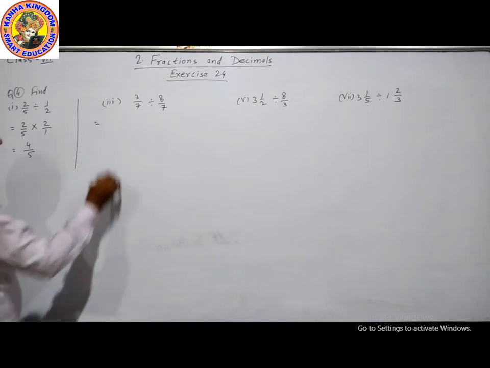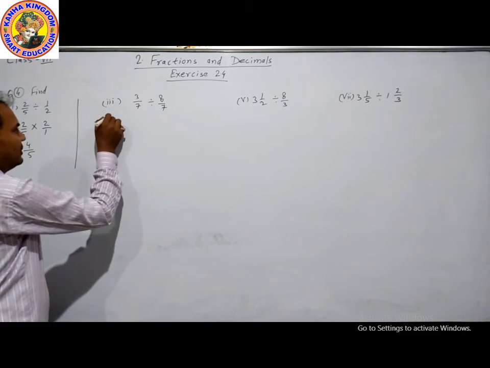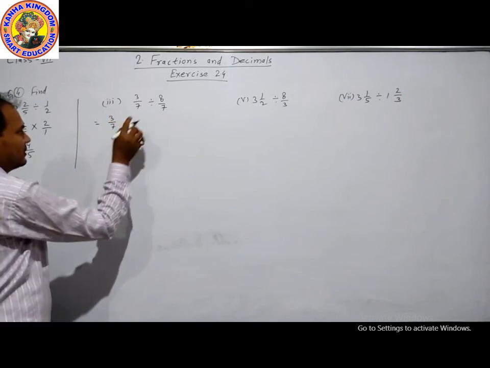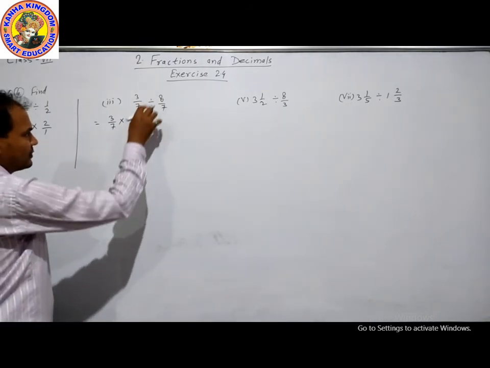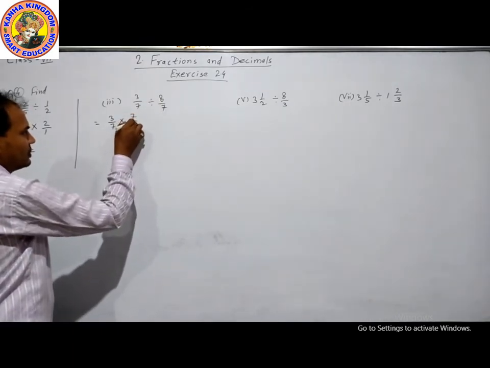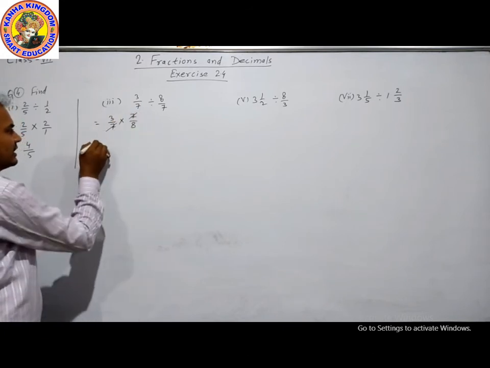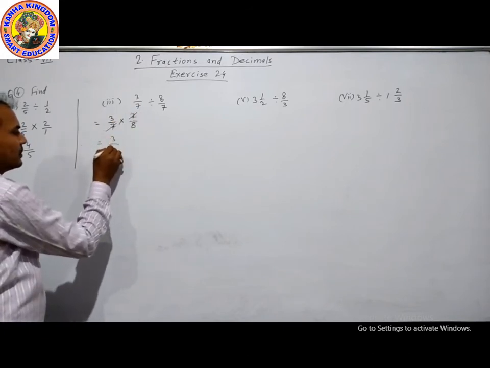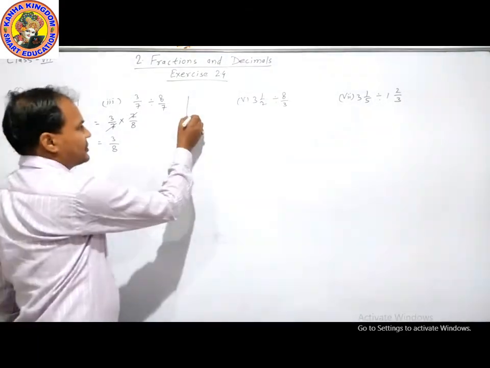The next is, both are fraction numbers, so we will attend the division by changing it to multiplication. The reciprocal of the second is 7 by 8. 7 and 7 can cut each other. 3 upon 8 is our answer. The next is,